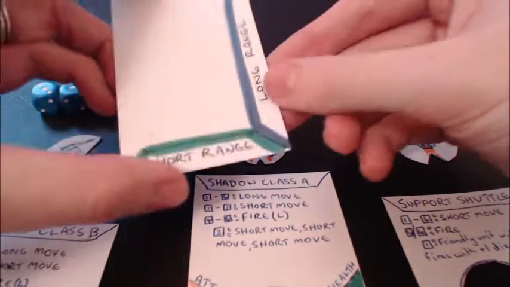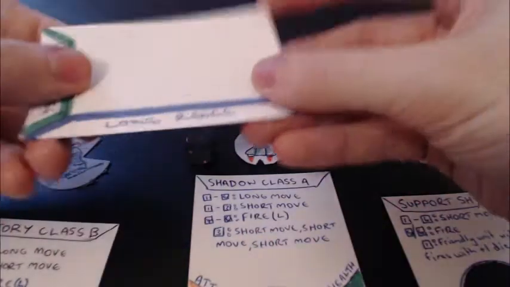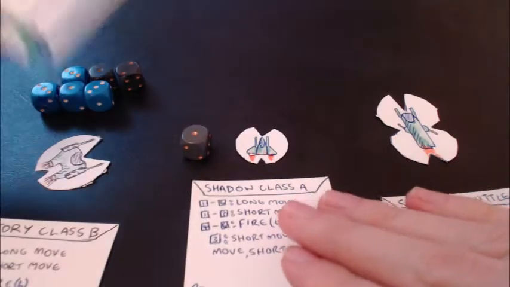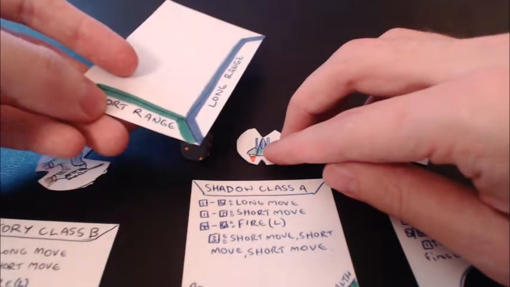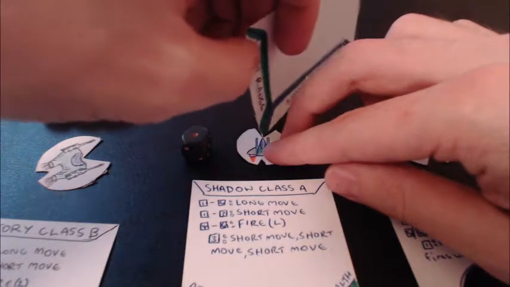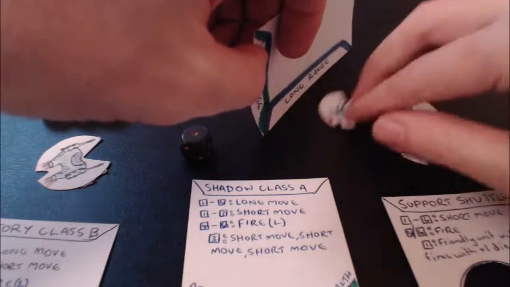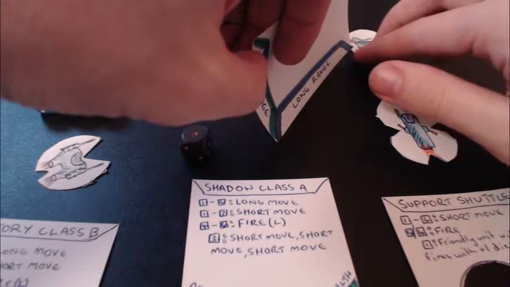In your pack, you're going to get one of these range rulers: short range on one side, long range on the other. So my Shadow class on a 1 to a 6 can do a long move. All I do is get my long range side, slot it into the front arc of the ship, choosing which direction I want to go, moving that, and slotting it into the back arc,